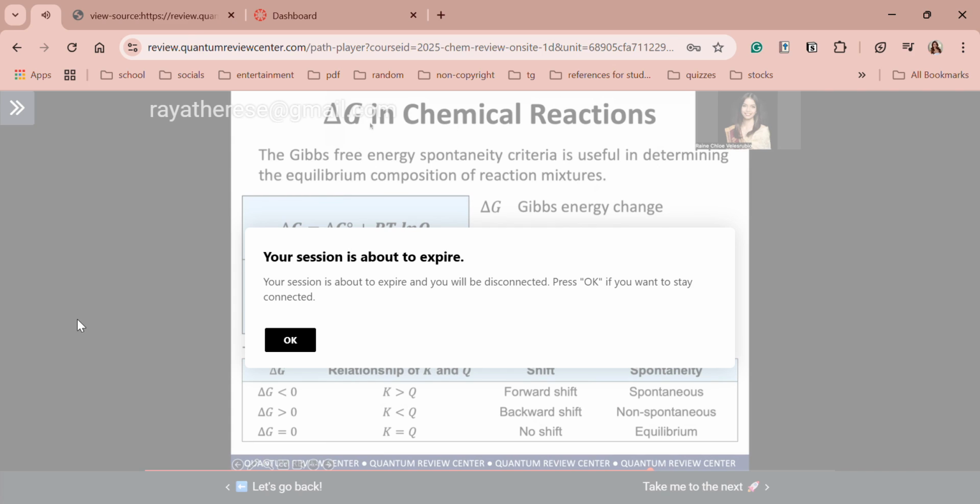Now here guys, we can calculate delta G in chemical reaction. So very relevant ito sa ating electrochemistry. So the Gibbs free energy spontaneity criteria is useful in determining the equilibrium composition of reaction mixtures. So the two equations we use is